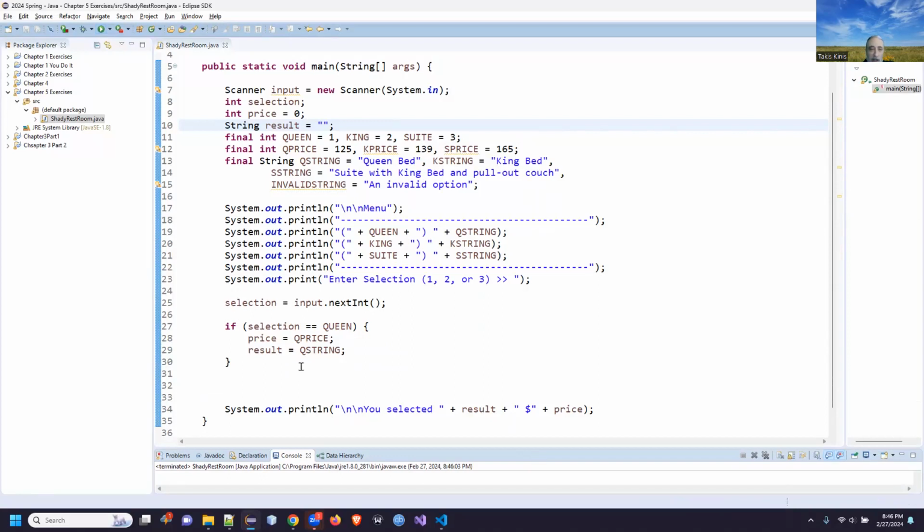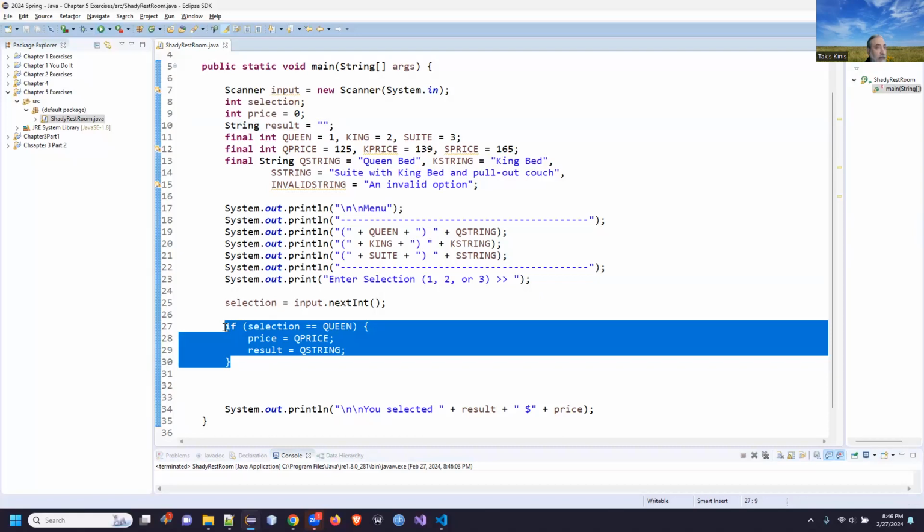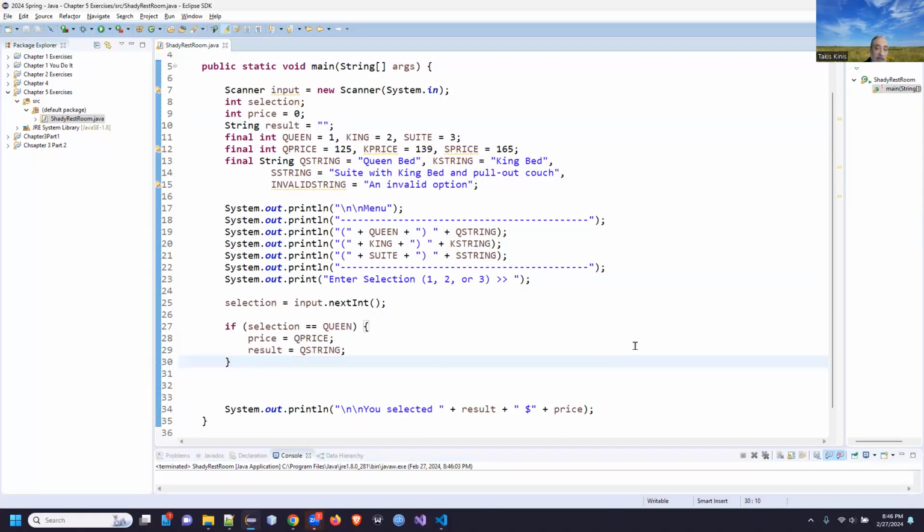Right. So back over here, we have an if statement and we're checking to see first, is it a queen that they picked, right? But what if it's not? Maybe they didn't choose that. So there's a second option. So we're going to do an else if statement here. And then we're going to check to see, this needs to be inside parentheses, not curly brackets. So we're going to check to see if that selection is equivalent, not to queen, but to king, right? So if it's equivalent to king,